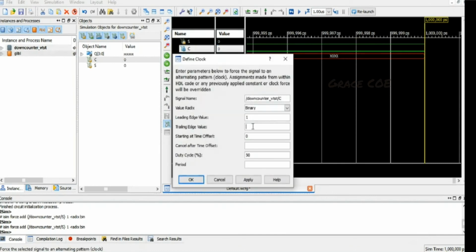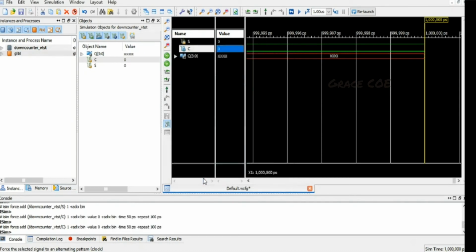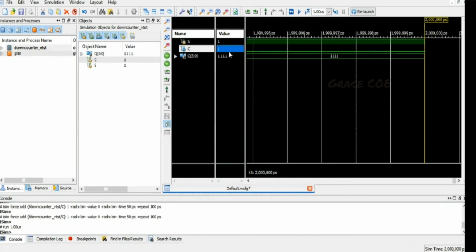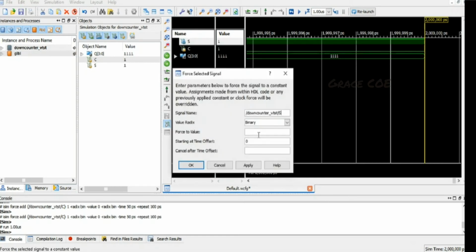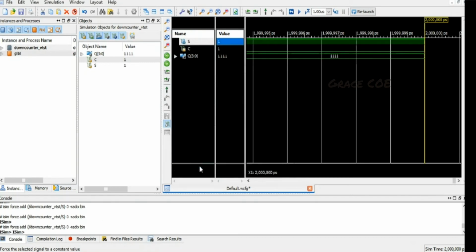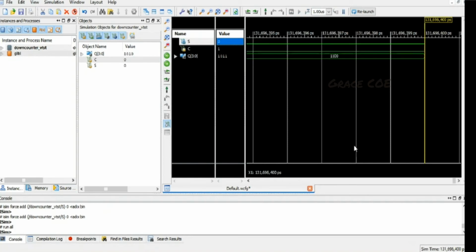The leading edge value is given as 1, trailing edge is given as 0, and the period is set to 100. Apply and OK. Again we'll reset the signal, so give the value as 0, apply and OK. Now we'll run it and see how the down counter has been implemented.